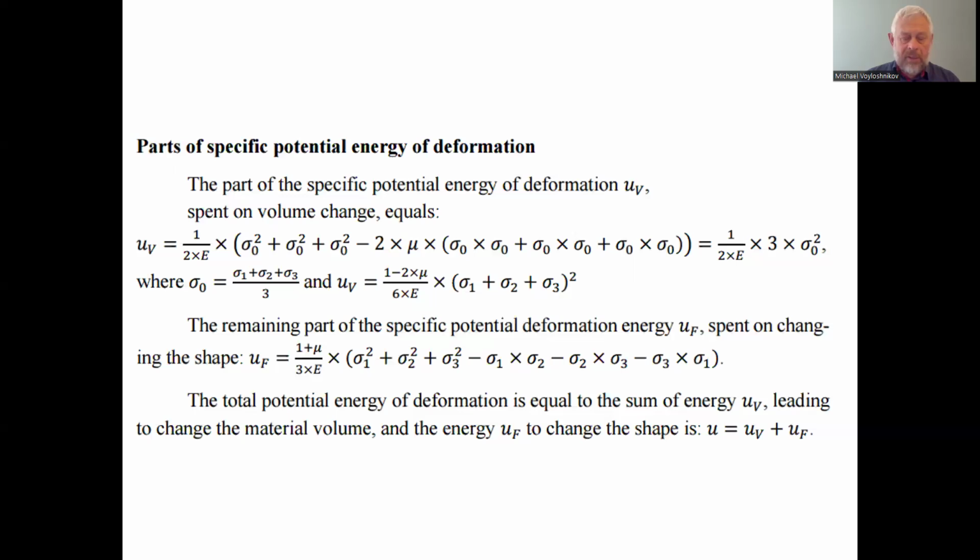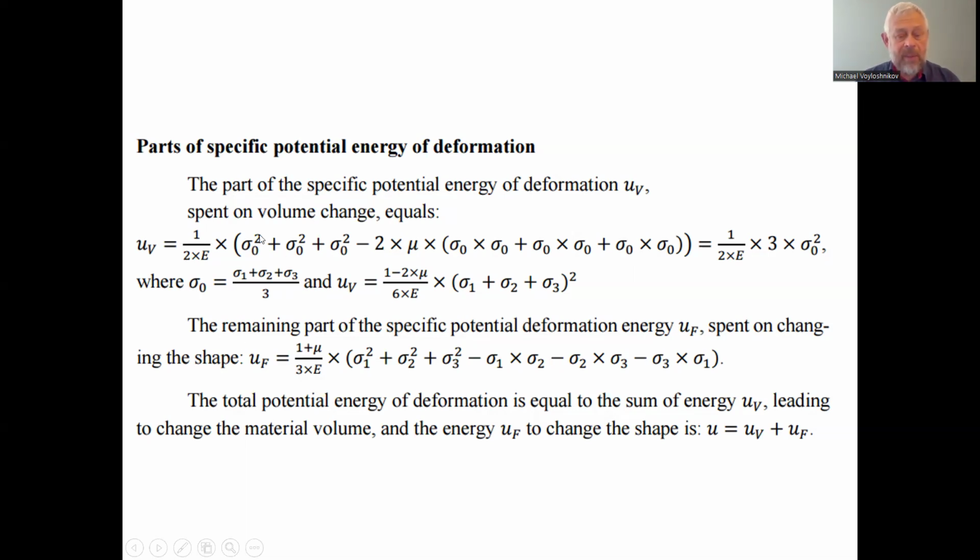So to find the energy spent for the volume, let's consider the loading of the segment of the mechanical body by the definite arithmetic mean of the normal stresses acting on this segment of the mechanical body. These are the main normal stresses, directed perpendicular to the sides, which are perpendicular to each other, at which sides the shearing stress equals 0. So we have one definite arithmetic mean,